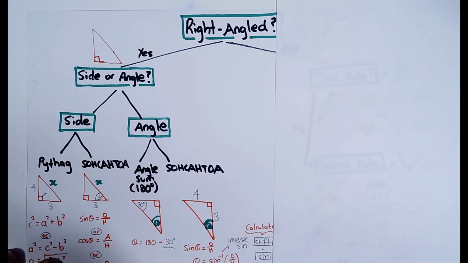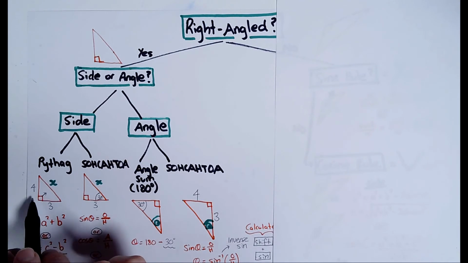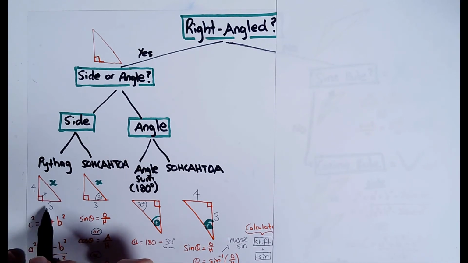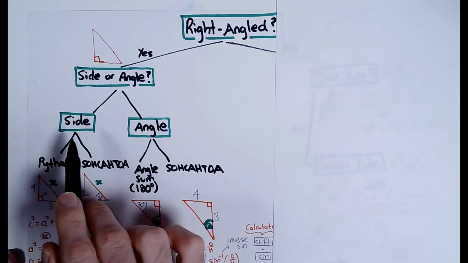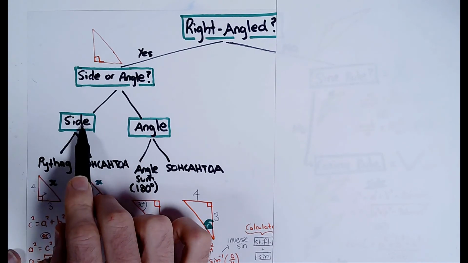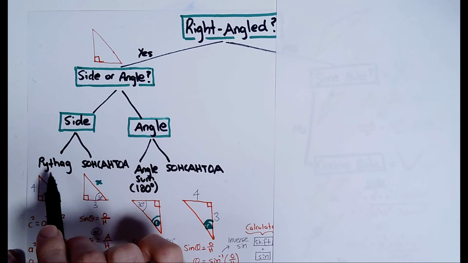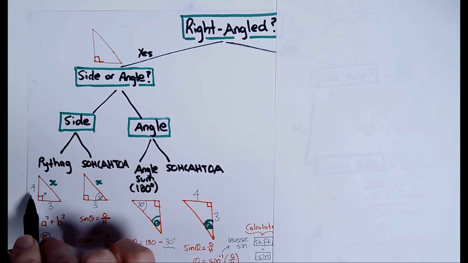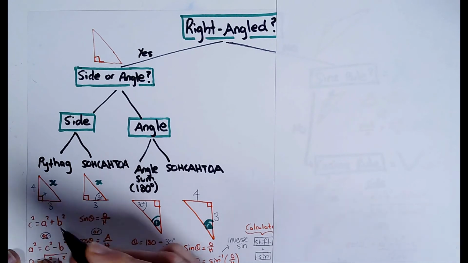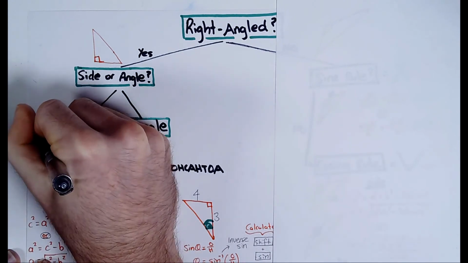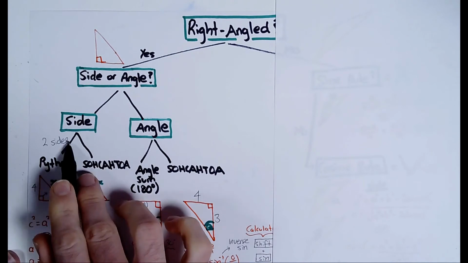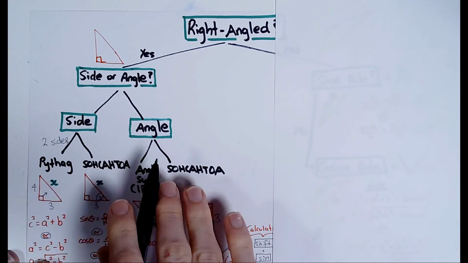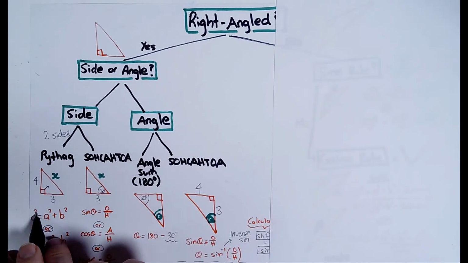Okay, so when would we use Pythag? Well, clearly it's when you know the two other sides and you're trying to find the third side. So remember, if you're trying to find a side, the next thing you want to ask yourself is, what do I then know? What is the information that the question gives me? If you are given two sides, then you would use Pythag to find the third side, and you can use c squared equals a squared plus b squared,